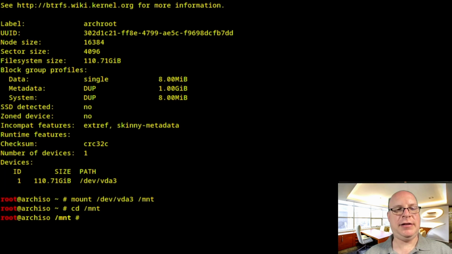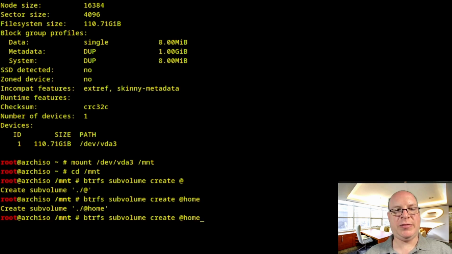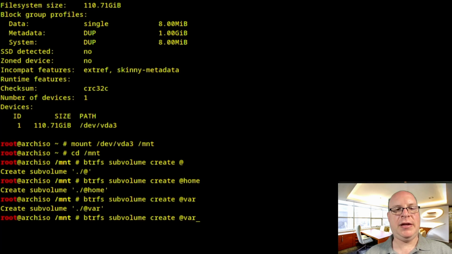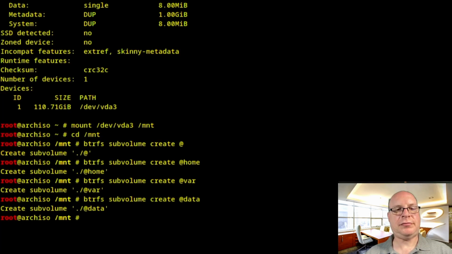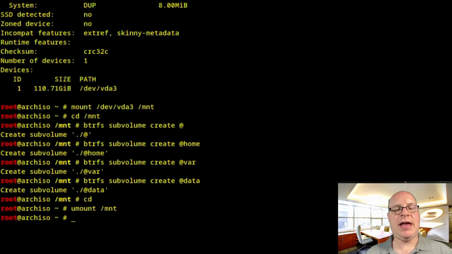And let us create the root subvolume at, and make the home subvolume as well as the var subvolume and the data subvolume. Let's back out of it. Let's unmount it, and let us create